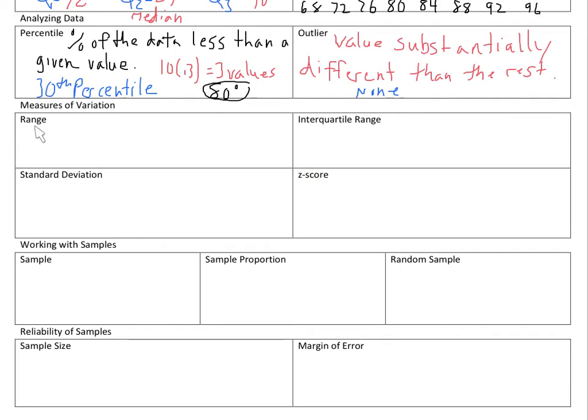So range. Range is the difference of your data. It's the difference between the largest and smallest value of the data. So if I want the range, I want the difference between the smallest and largest value. Let's start with the largest, from the difference between the largest and smallest